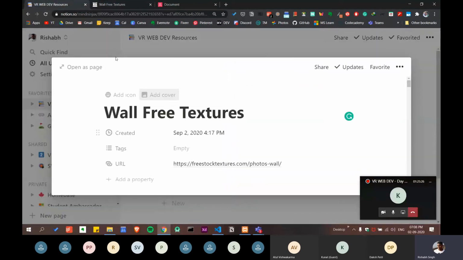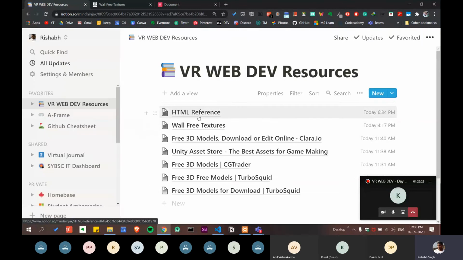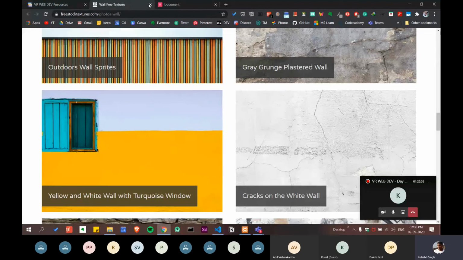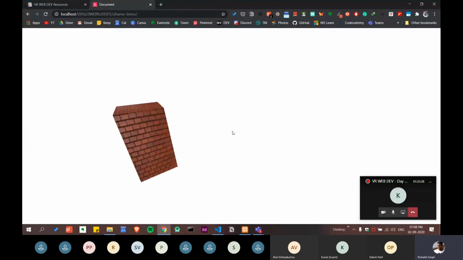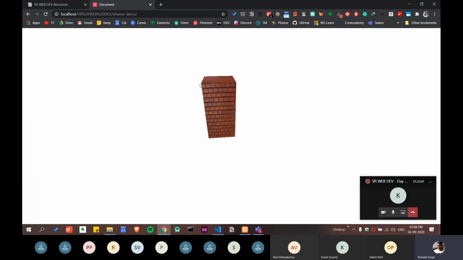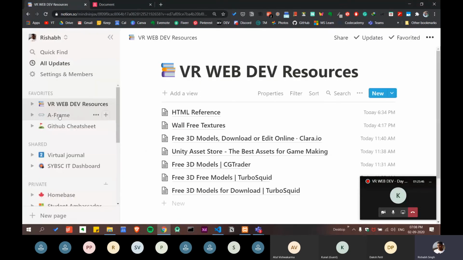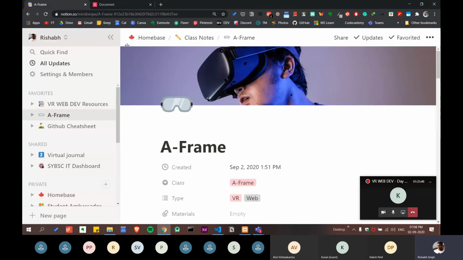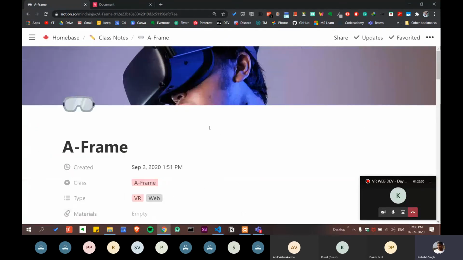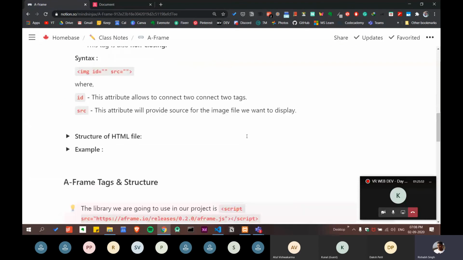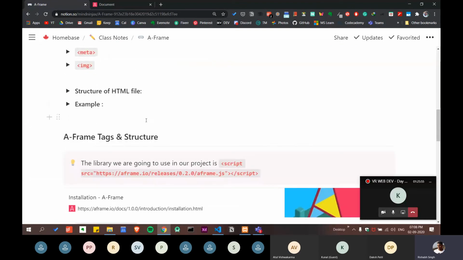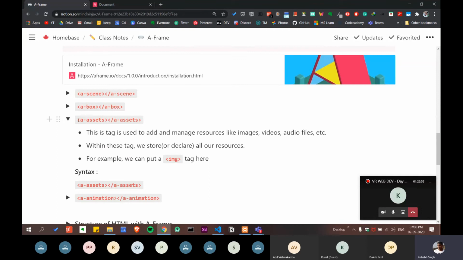I have not made just one link, I have made a lot of links, including 3D models. We are going to work on them tomorrow, and it is going to be very interesting. But for now, we must know all these basic things, how they work. So as you know now, we can add this photo onto it, and we can do a lot more amazing stuff. Let me get back to our cheat sheet. So we are done with image, and we are done with the assets tag. We know how it works.